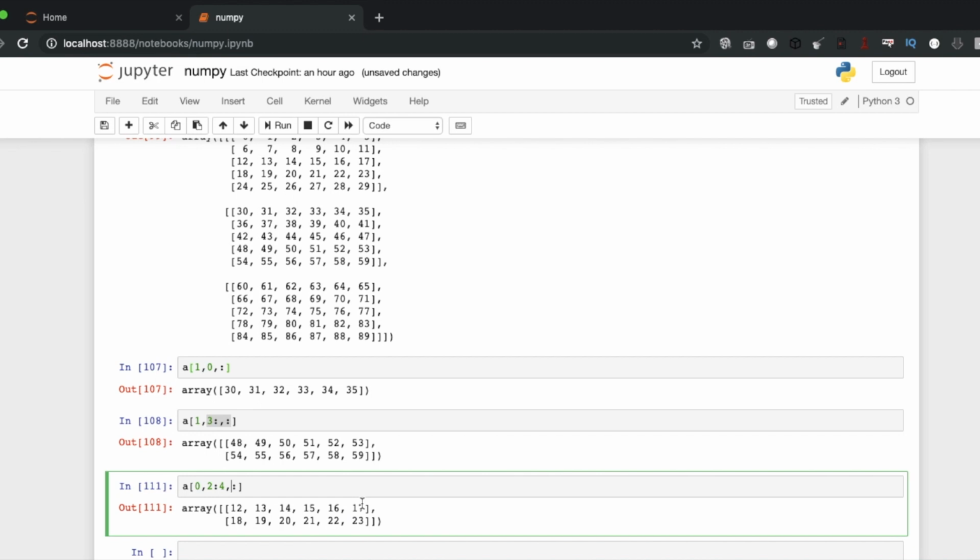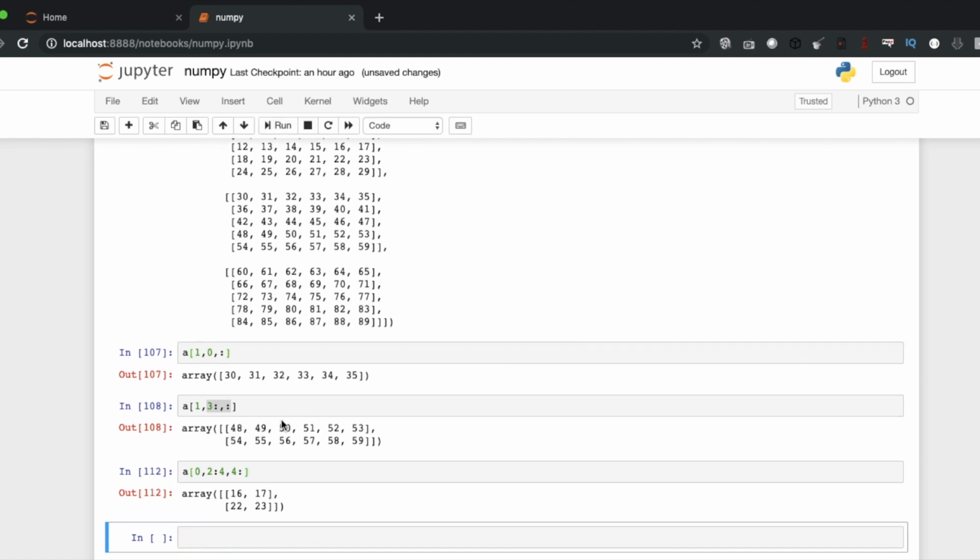If I need 17 and 23, how am I going to get that? Any idea? Like 0 1 2 3 0 1 2 3 4. Probably like this. Let's check. But this is printing 1622 1723. So what is required? Like this.